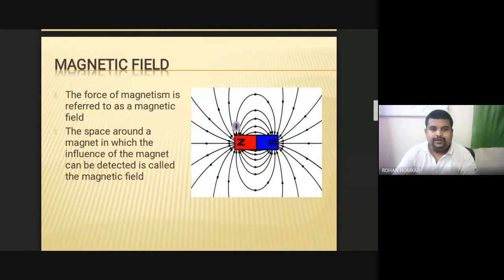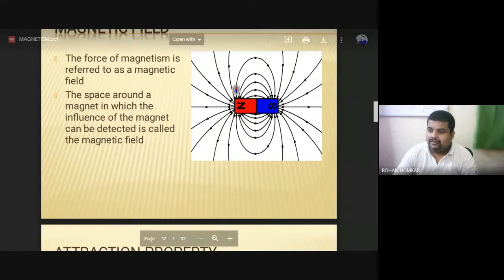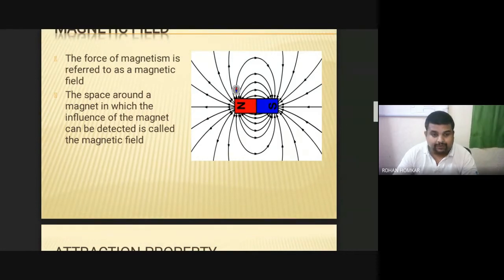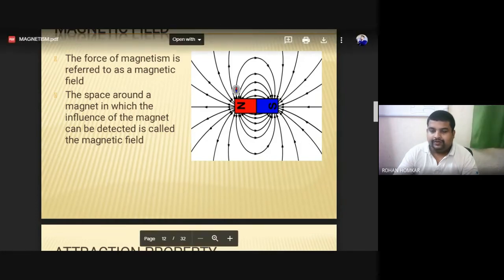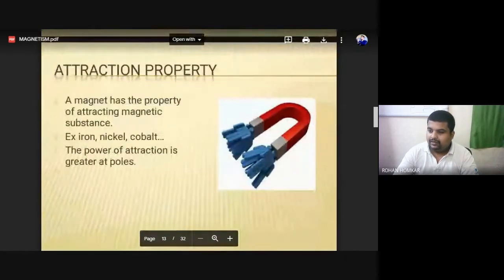Okay, so this particular magnet is going to create a magnetic field surrounding it, and it will also have its own lines of force in the magnetism. They are very highly densely populated near the edge, near the corner tip of the magnet, and they are scattered when we are going away from the magnet. I hope you have understood till here.